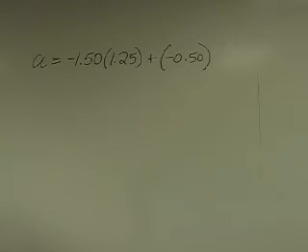Review problems. Here we have an equation to solve for A. We have A equals minus 150 times 1.25 plus minus a half. The order of operations says that you do multiplication and division first. So we will multiply minus 150 times 1.25, and that